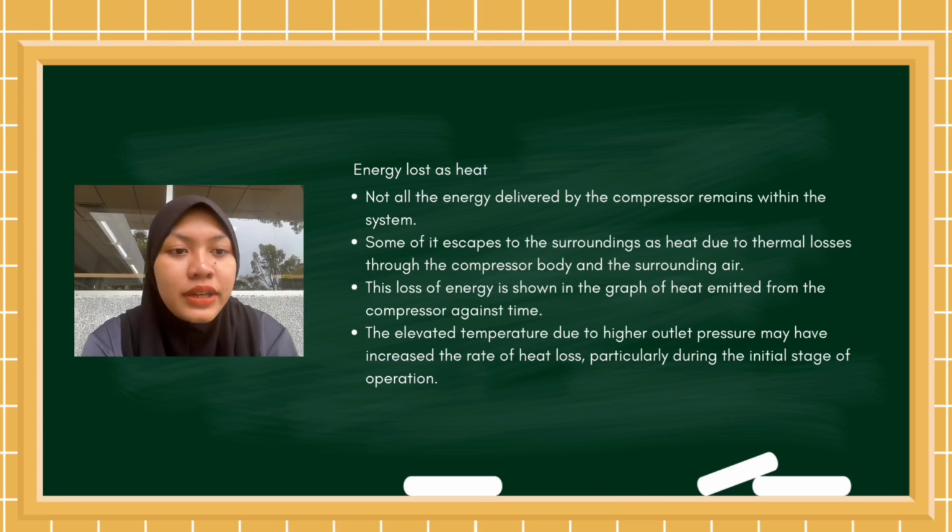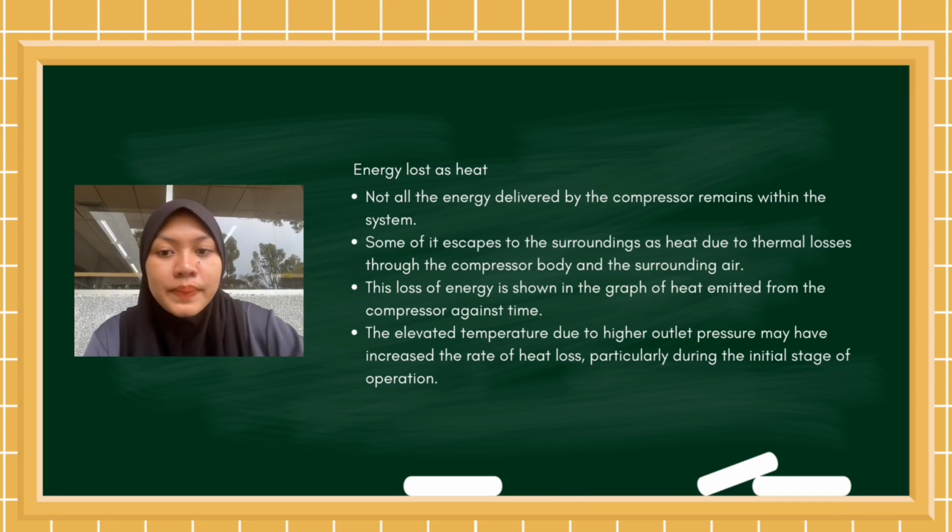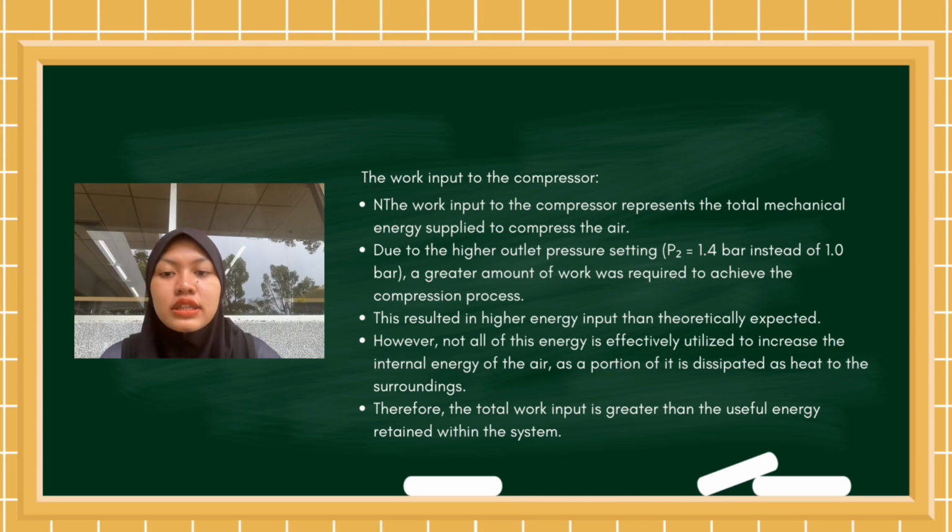Not all the energy delivered by the compressor remains within the system. Some of it escapes to the surroundings as heat due to thermal losses through the compressor body and the surrounding air. This loss of energy is shown in the graph of heat emitted from the compressor against time. The elevated temperature due to higher outlet pressure may have increased the rate of heat loss, particularly during the initial stage of operation. The third discussion is to discuss the amount of energy lost as heat